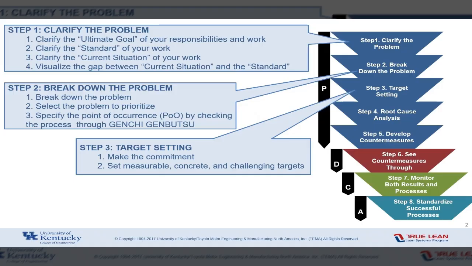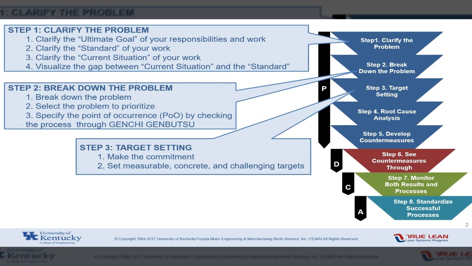In a previous class module, we discussed steps 1 through 3 of the 8-step problem-solving method. Recall that step 1 was where we define the overall problem as a gap between our current situation and what we expect and want to occur, either the standard or maybe a future goal. This should be a measurable gap, and the gap should relate to a large overall goal of the work area, which somehow or another should contribute to the overall goal of the company. For example, a company's high-level goal might be to produce quality parts, which gets translated down to this workstation's goal